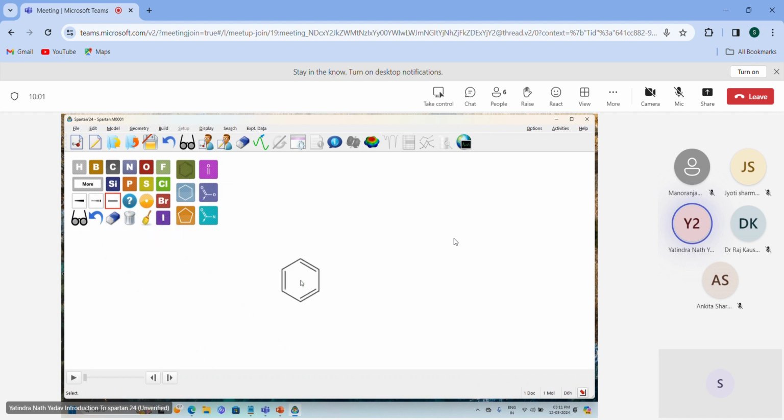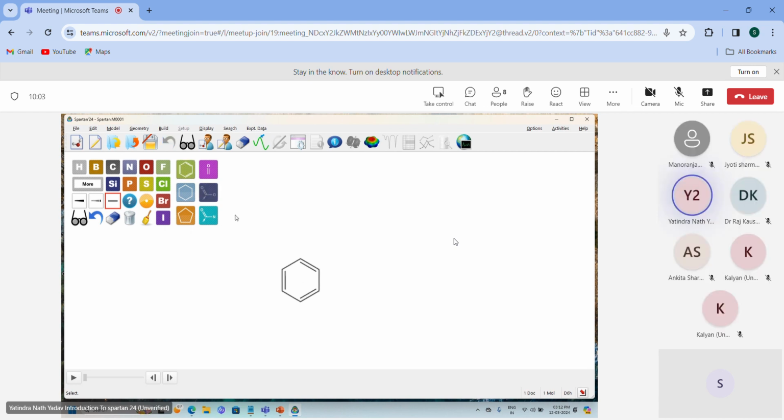I will draw this benzene ring, and I will add the carboxylic group here, and I will add one hydroxyl group. So now, to correct the chemistry of this molecule, the bond distances and everything, there is